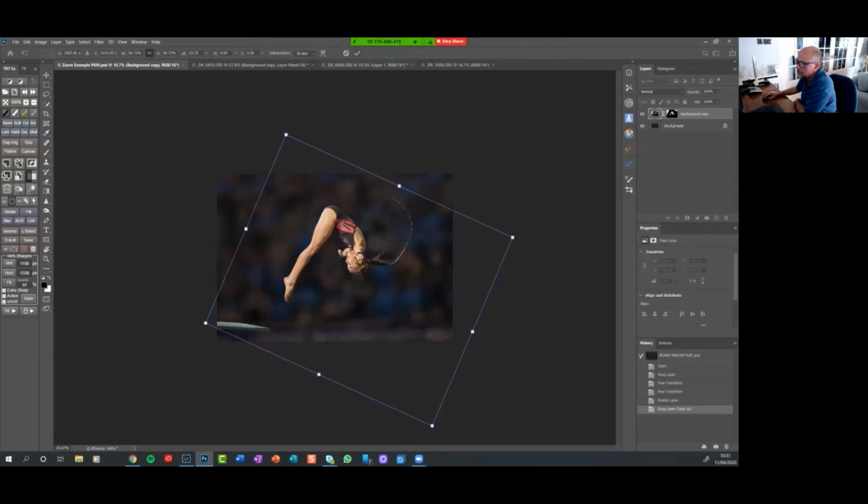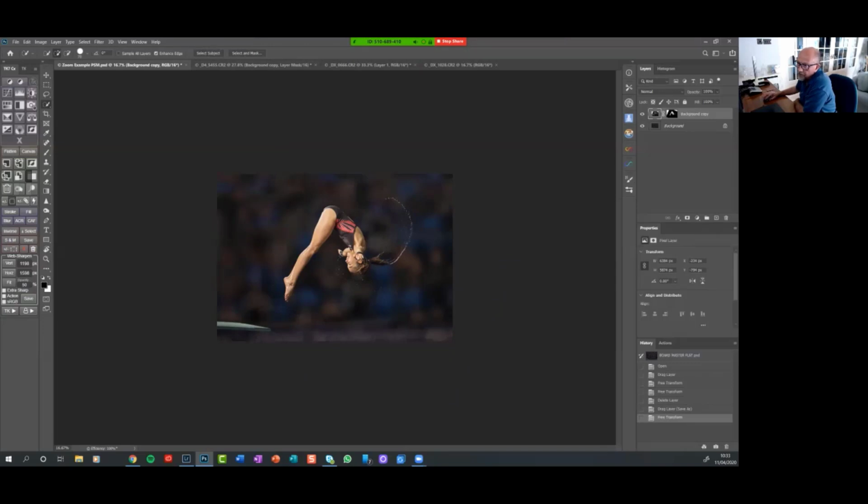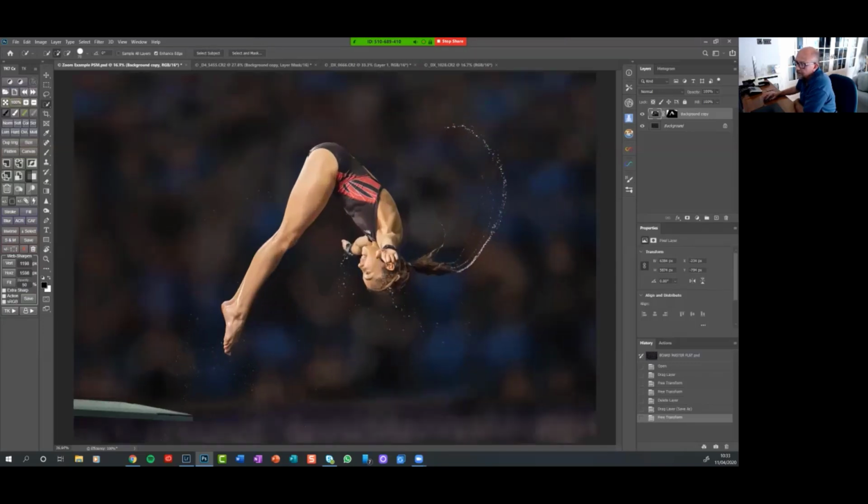Ooh. There we go, we accept that. And now we've got her. I'll make the screen full size again. And now we've got her. Now, this is where we now refine